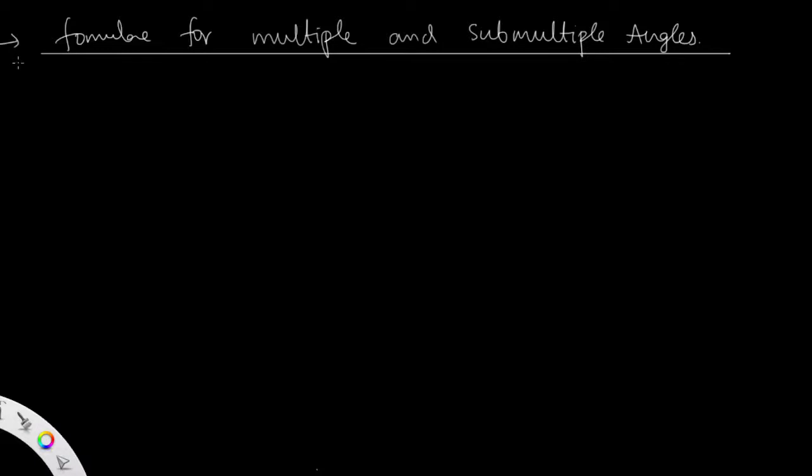That is sin 2a, which you obviously know, but once again you have to revise: sin 2a is equal to 2 sin a cos a, and in terms of tan it is nothing but 2 tan a by